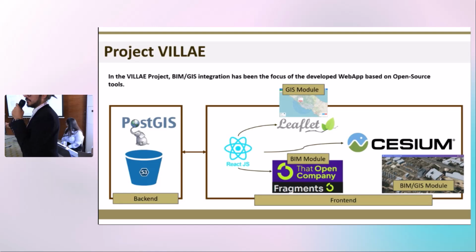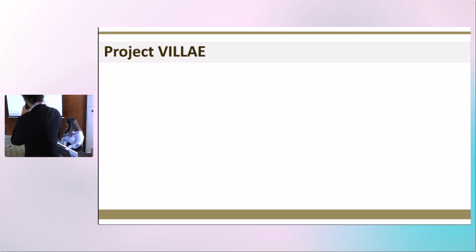So we have a solution with three modules, because it was required by the stakeholders to still preserve the 2D visualization, which is always useful in territorial analysis, and also a specific BIM viewer in which a single model, or a set of models, can be explored without the environmental context. But mainly what we did was developing the BIM.js model based on Cesium, and in particular